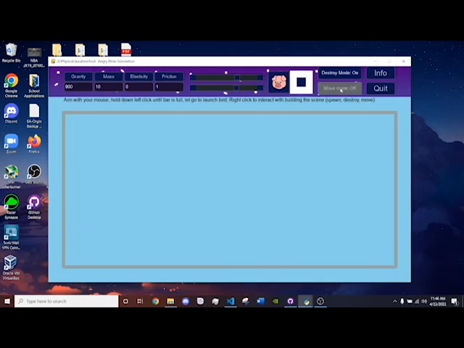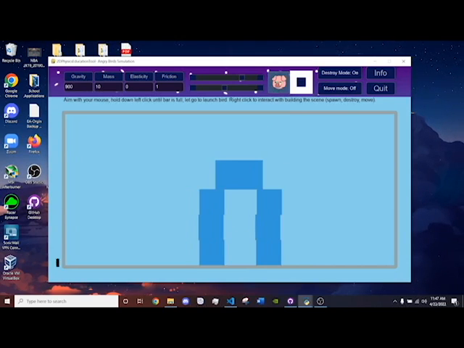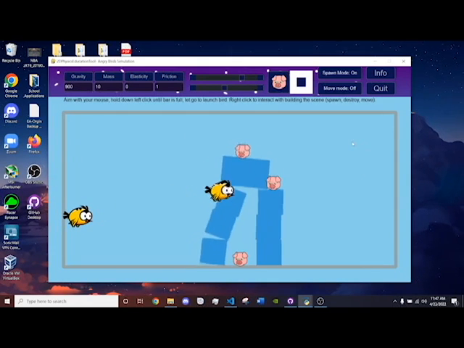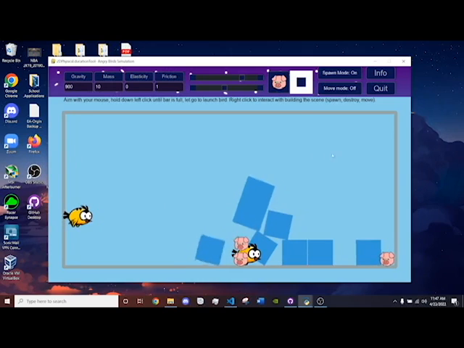So if we wanted to make something that was further away, we can turn back on spawn mode, and then we'll just create a set of things here to protect the pig, and then we'll put a roof on it. Oh, wrong way, sorry. Reposition that, put a roof on it, and then we can go destroy mode, and then spawn the pig, and we'll put one on top too, and here, and then we can left click to get the bird back, and then we can shoot at what was created, and as you can see everything reacts very nicely with each other, and it looks very good